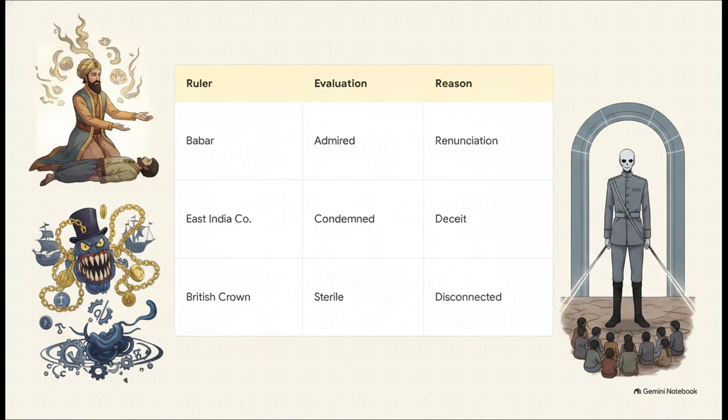Next, we have the East India Company, which Forster totally condemned. He saw it as a greedy commercial venture built on unconscious deceit and hypocrisy that blocked any real creative thought. And finally, the British Crown. He found direct rule by the Crown to be incredibly sterile, officially apathetic, and completely disconnected from the daily realities